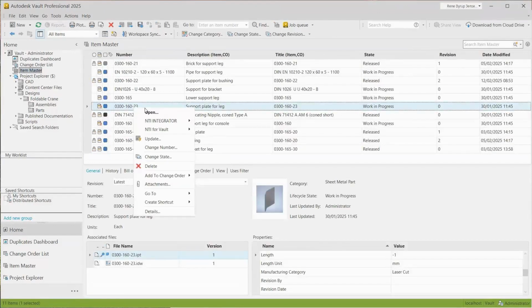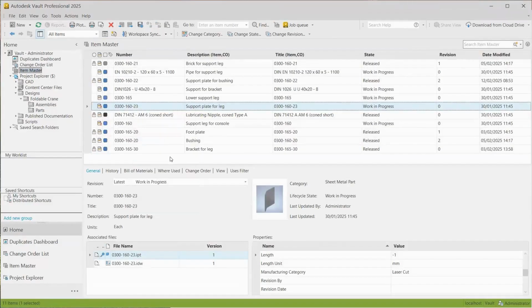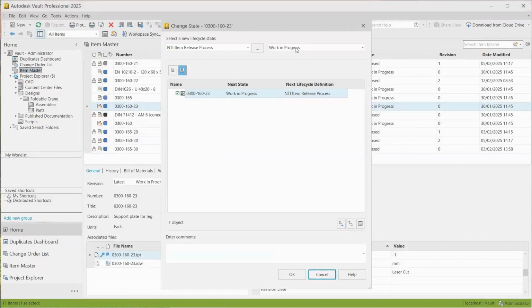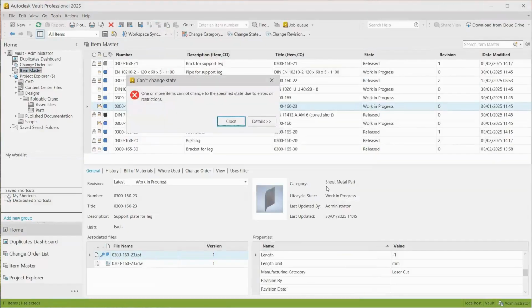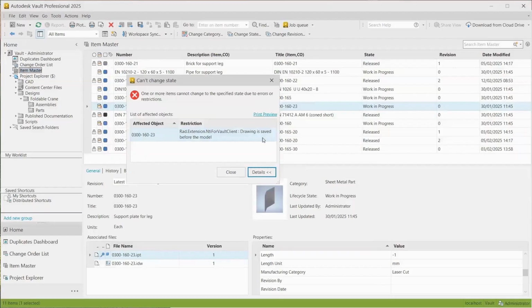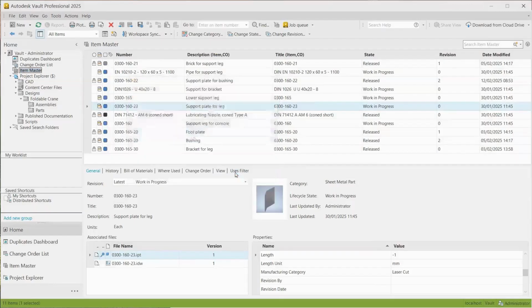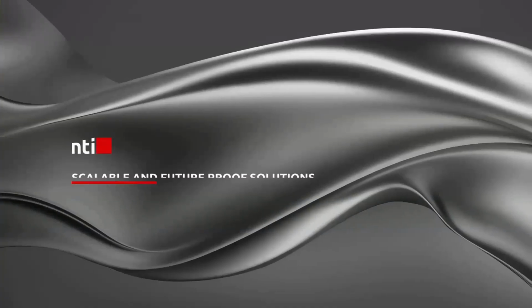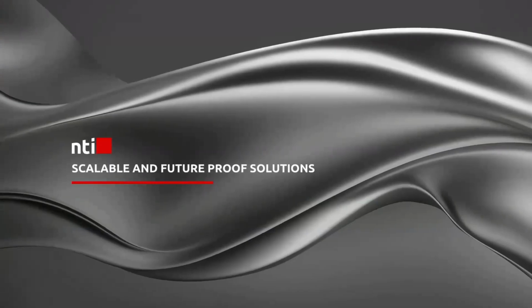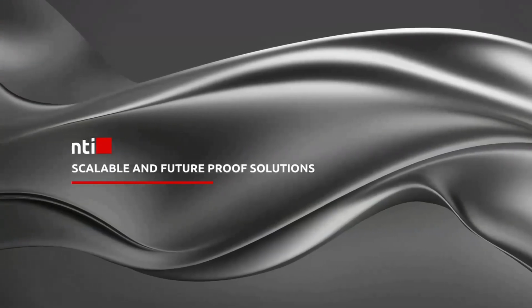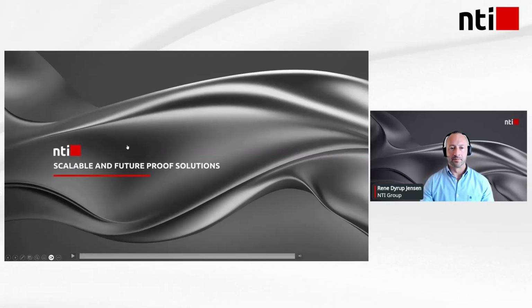This is showcased in an item-based environment, but of course we can do the exact same validation in the file environment. So now I change the state from work in progress to schedule for release, and a dialog box appears telling me that the drawing is saved before the model, and for that reason I'm not allowed to perform that lifecycle state change. So to do that, I need to open my drawing, update it and save it.